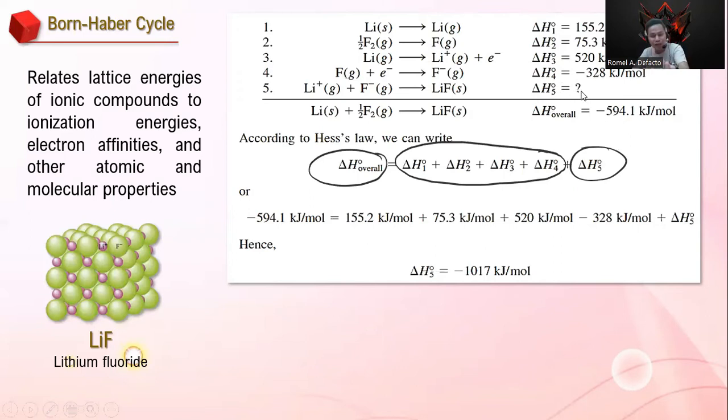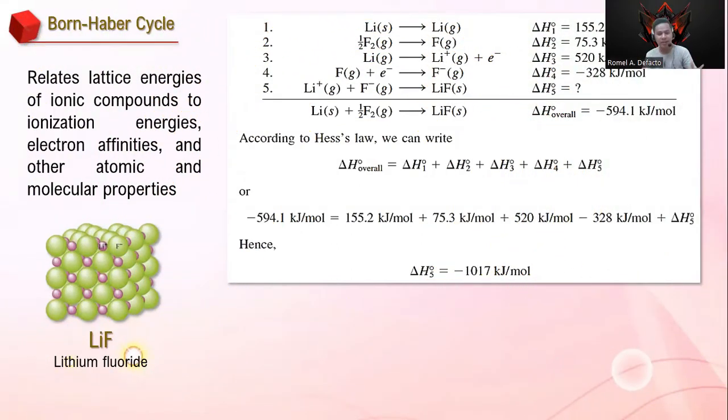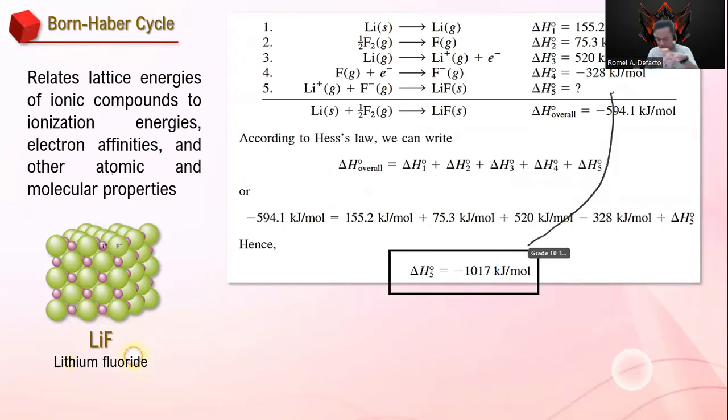Meaning, that's the energy where our lithium and our fluorine combine. If that's the energy required for the lithium and fluorine to combine, that's also the same minimum energy required to separate them. Right? So again, we have here a result of negative 1017 kilojoules per mole. So this is now the value resulting from that. Again, I will repeat, that is the value in our fifth step. Remember, if that is the energy required to combine lithium and fluorine, that's also the minimum energy required to separate